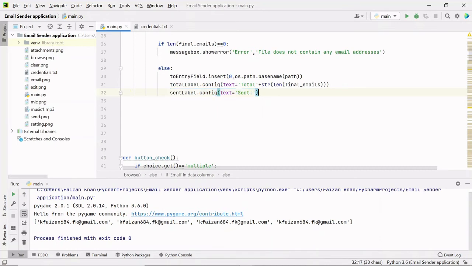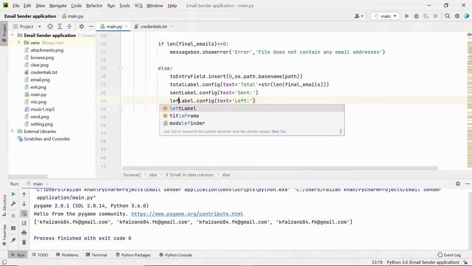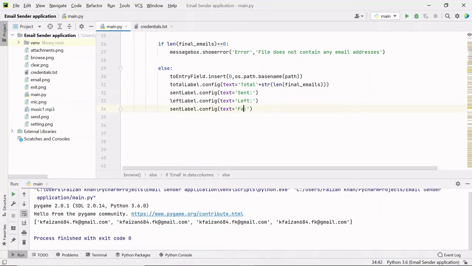And in the same way, just like we added the text for the sent label, we'll do it for the left and failed labels. So here it will be Left, and this one will be changed to left label, right? And this one will become Failed, and here the object variable will be changed to failed label.